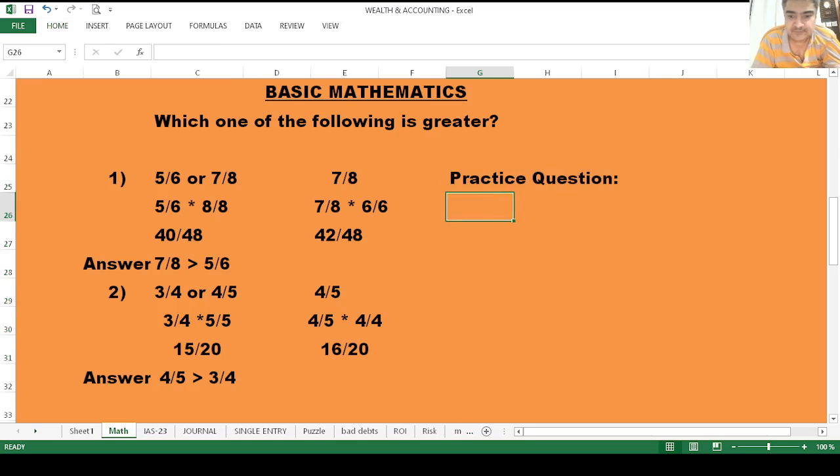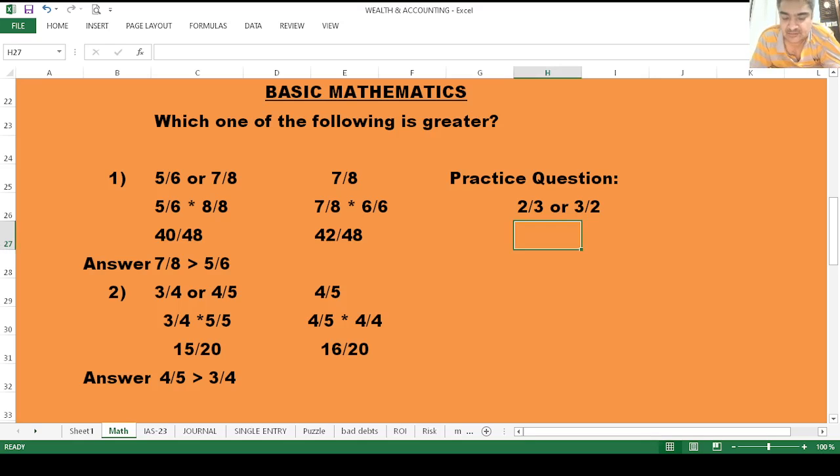Which is 2 over 3 or 3 by 2. You need to find out which one is the greater, 2 over 3 or 3 by 2,